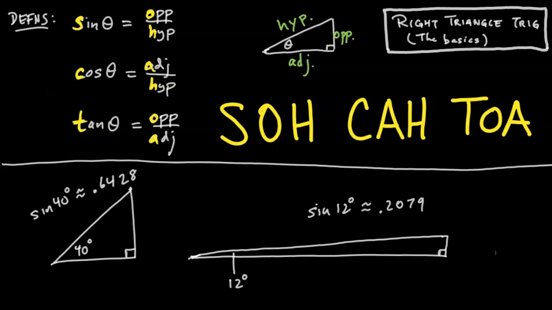You can get a better estimate, of course, if you use a ruler and protractor and all that. All I said of sine 40 was that it was going to be bigger than a half, and it is, about 0.6. And all I guessed of sine 12 was it was much smaller than that, maybe around a tenth. Well, it is much smaller than that, but it's more like 2/10. And truth be told, for most values of theta, we're going to have to settle for approximate values of sine,